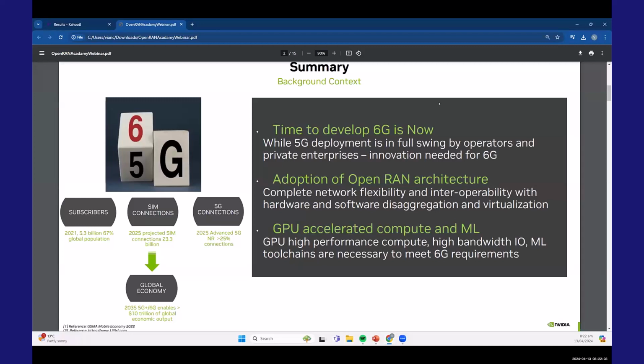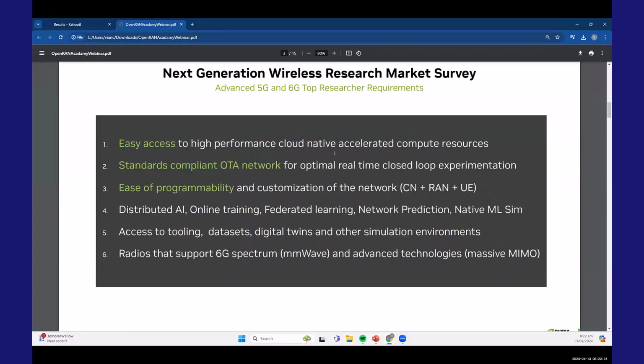There is absolutely a shift towards use of high performance compute as well as AI and ML to start innovation required to meet 6G requirements. So, based on several discussions with leading researchers globally in advanced wireless systems, the following have emerged as table stakes for any next generation platform: ability to access off the shelf accelerated compute easily, readily, instead of custom single purpose black box solutions today;